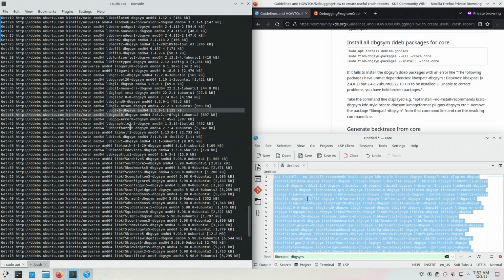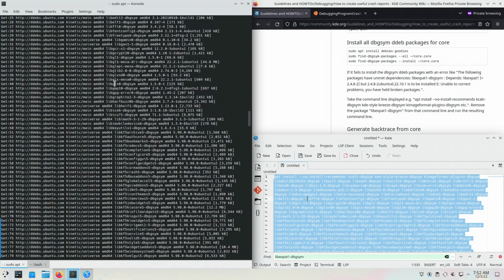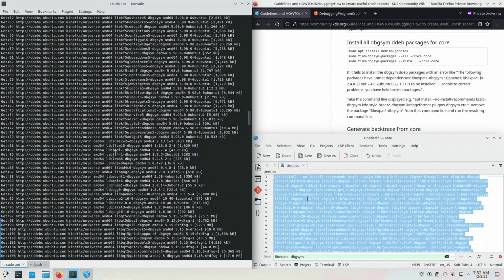GPG, GNU encryption suite, HarfBuzz for fonts, GCC, the GNU compiler suite, fonts, GPU, LLVM probably for GPU also,